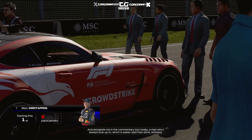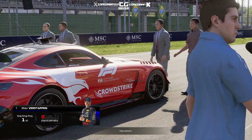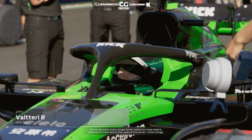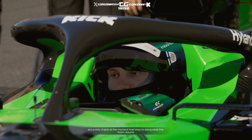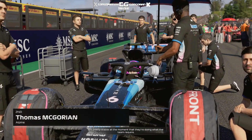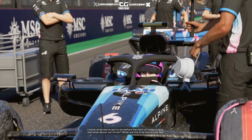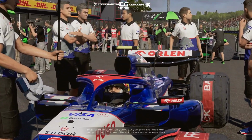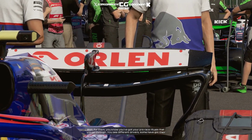And alongside me in the commentary box today, a man who I always look up to, which is easier said than done, Anthony Davidson. As we all know, every single driver wants to know what's required of them. And in the case of this driver, I think things are pretty stable at the moment. They're doing what the team require. I know what we've got to do before the start of today's race, but what about our driver? What do the final hours look like for them? Well, for them, you've got your pre-race rituals that you go through. You see different drivers that...